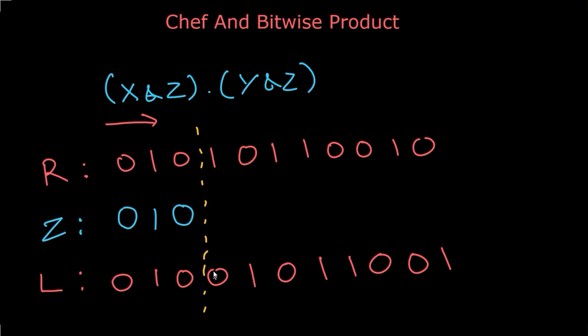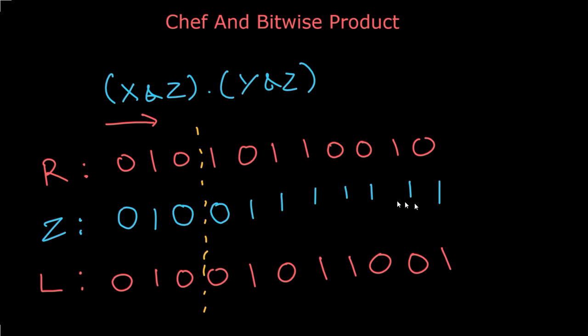So until this yellow line where the L and R bits are same, the Z value must also be the same. Now what Z value do we take beyond this yellow line? This fourth bit for Z can have two possibilities. It can be either 0 or 1. Let's say we set this fourth bit as 0. Then what we do is we set all the rest of the bits as 1. So this will be one possible value of Z which we will push into the vector.